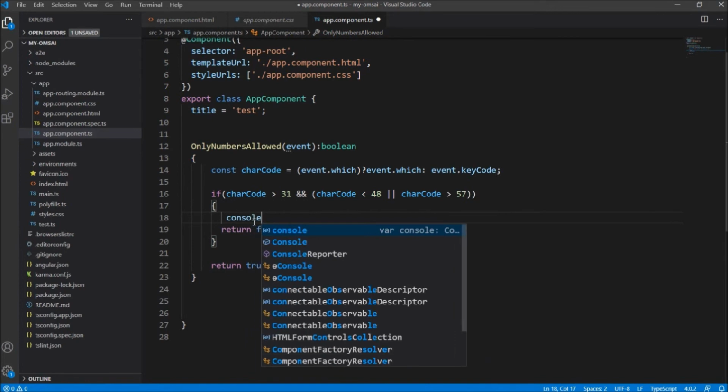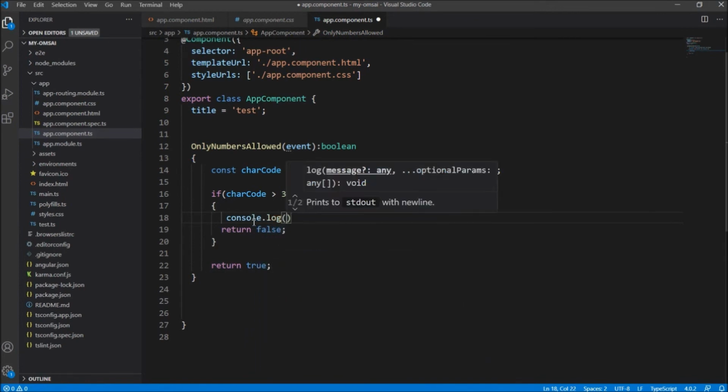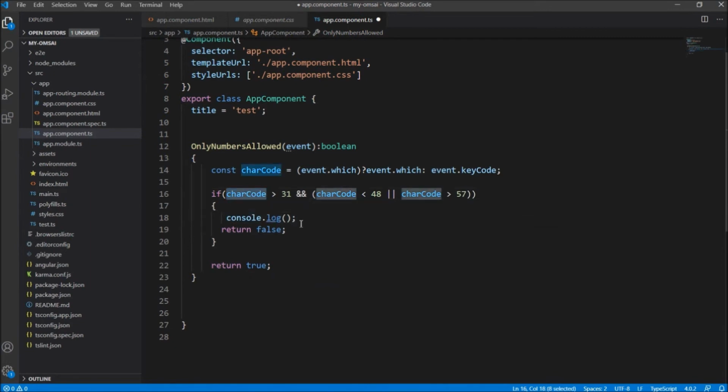And here we'll just write console.log, and we'll type "charCode restricted is", and we'll print the charCode.